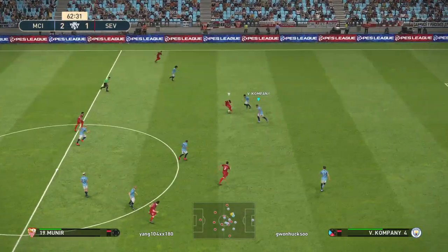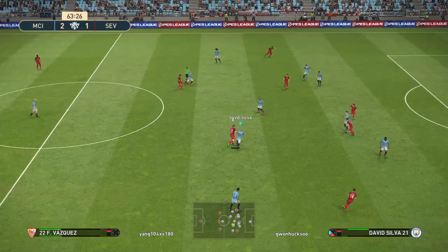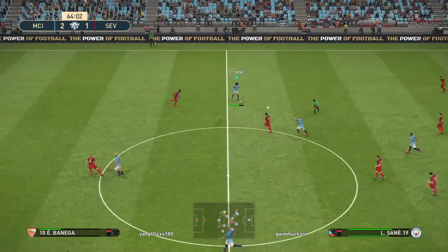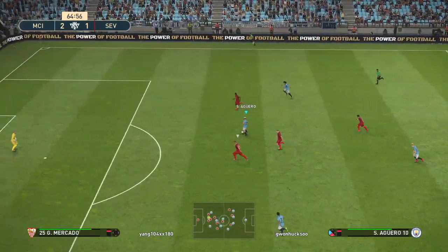What about that, Jim Beglin? Yeah, and teamwork was key to that. A beautiful piece of engineering to set him free in the box. Manchester get themselves into the lead. And they deserve great credit for turning things around, but they'll now need the defensive resilience to equal that attacking